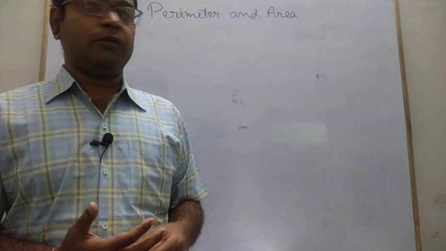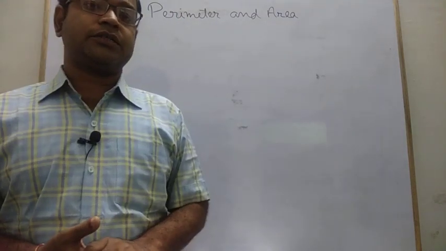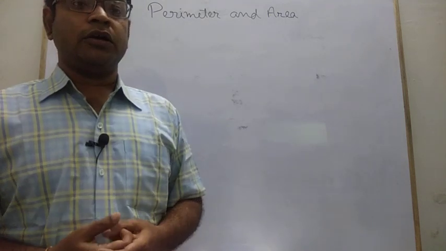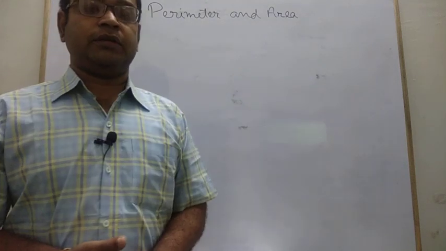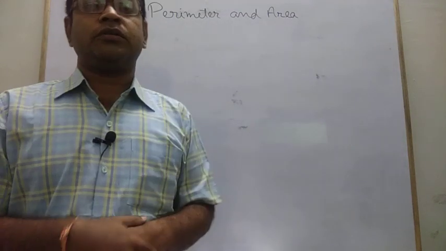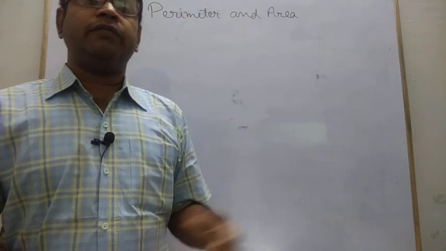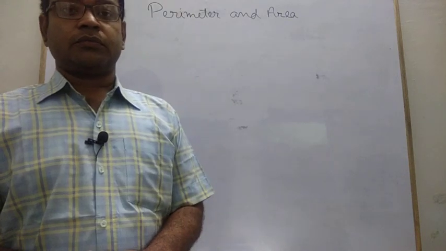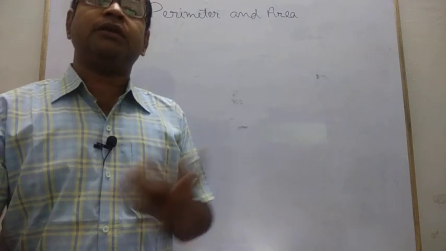So today, as you are observing, we are going to discuss perimeter and area, and I try to make several videos based on this topic, perimeter and area of class 7. Generally this is the basic video to clarify the concept of perimeter, area, and how you find out the perimeter and area of a given two-dimensional figure or perfect geometrical figure of any type that comes in your mathematics.